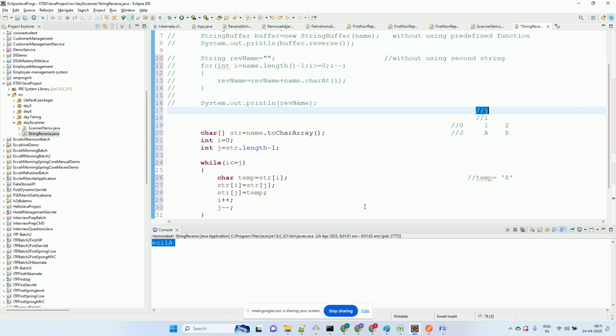True, right? So it will swap the character at I and J. So A will be swapped with A. If I had an even character string, okay, let's say if I had a string with even characters, Java, let's say if I had an even character string, now